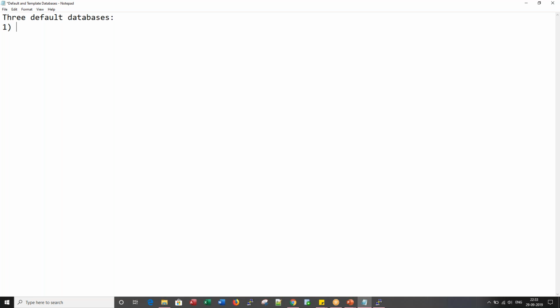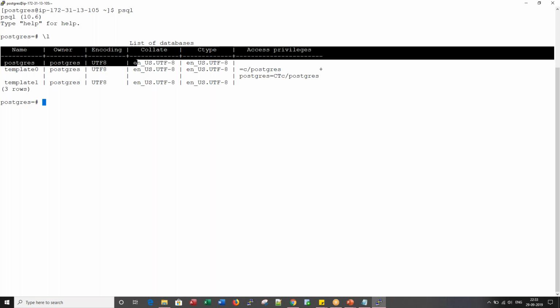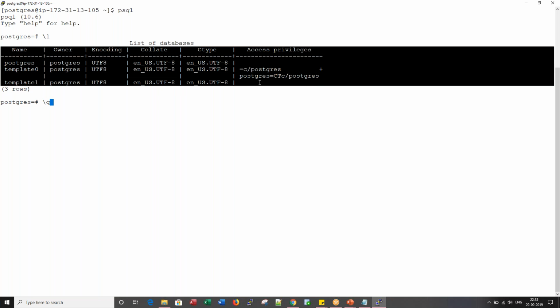The three default databases are Postgres, template0, template1. As you have observed, I pressed a command called \l and entered. These are metadata commands, or sometimes we call them backslash commands. These were designed to simplify a DBA's basic routine day-to-day work. So if you are really curious where this information is coming from, let me exit